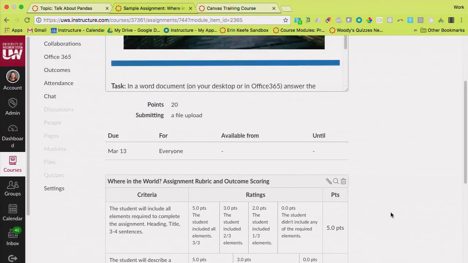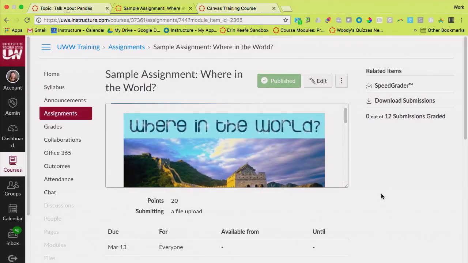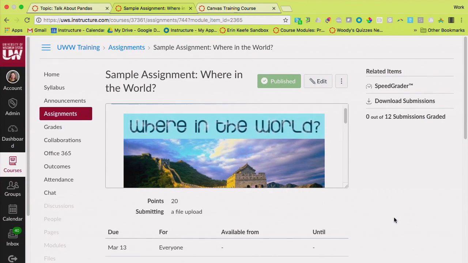For this one, you were only able to submit a file to me. You could have either uploaded a file from your device, or you also saw an Office 365 tab. That just happens by default because that's what's integrated here for you guys. They're either going to be able to look on their computers for the file, or if it lives in their OneDrive, it makes it easy for them to turn it in.